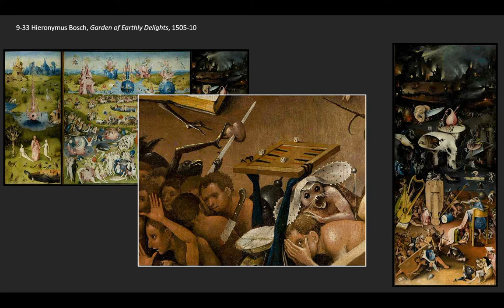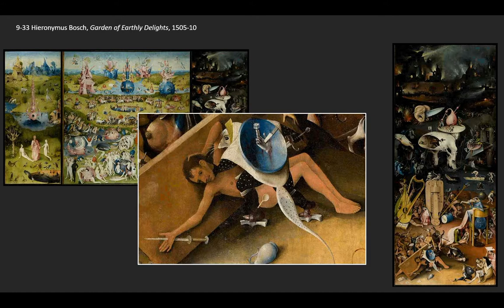Here's a backgammon game being held aloft by these demons. People are, again, being tortured by the things that brought them happiness in life. In the lower left corner, a gambler. There's a dice with a hand being impaled on this shield, and the figure wearing the shield is busily impaling in the same way our gambler, whose hand is also stuck through by a sword. How do we know he's a gambler? Not only is there that dice on the shield, but there are a series of cards just off his right hand in the lower left corner of the panel.